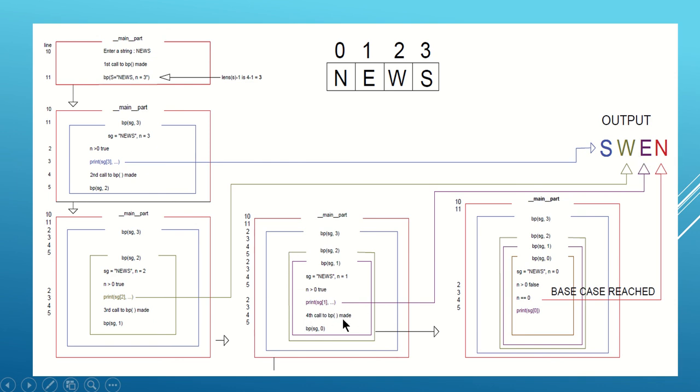Again there is a fourth call to BP. When it calls, the value will become 0. So here, is the condition satisfied? No. So in the else part the condition is satisfied. This is nothing but the base case. With the base case it will print the value of n. After that there won't be any more function calls, so with this it will stop the execution. Do you understand, dear?